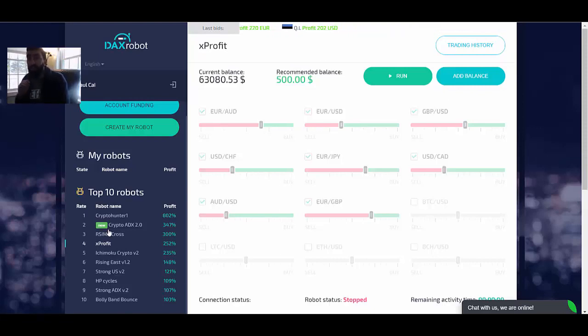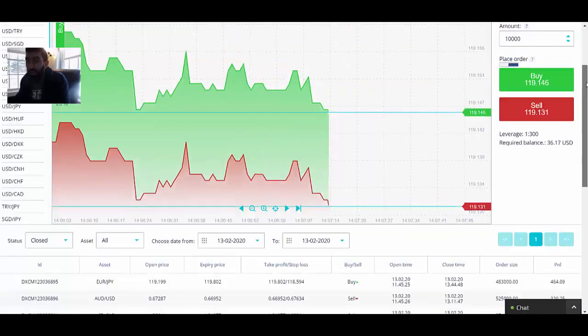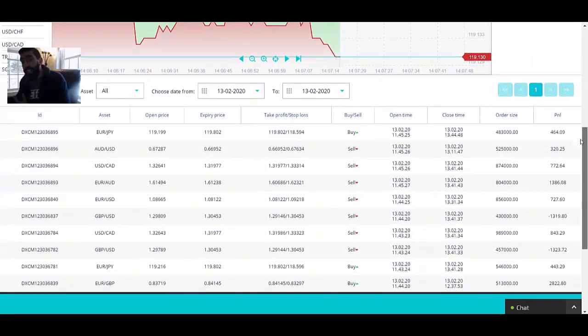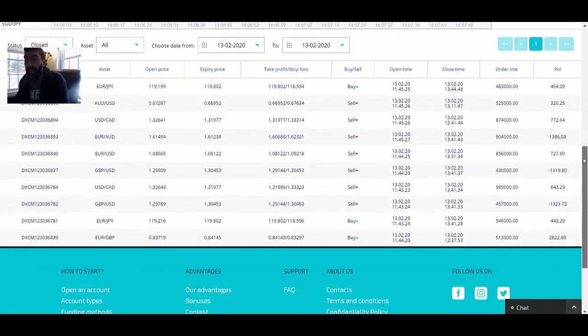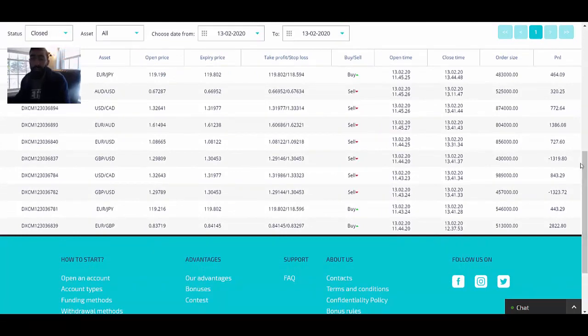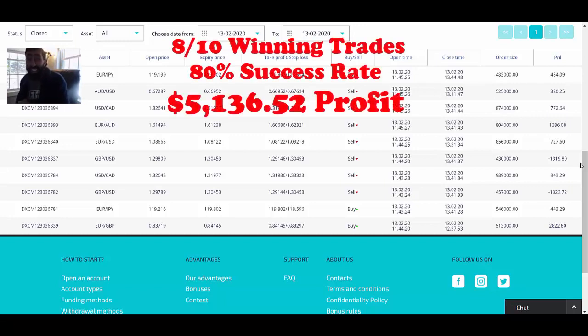So we're going to review and confirm the results through 2 different methods. We're first going to judge with our broker, and then we're also going to review the results in the trading history. And again, there is a benefit to doing it in this method, which we will go over as we reach this point. But first, if we go here to Dax Base, we did a total, well, technically the robots that we selected did a total of 10 trades. Now, as you can see here, guys, we have great performance. Out of the 10 trades, we only lost 2 of them. So we are looking at an 80% win to loss ratio, which of course is fantastic. So as a result, we are looking at a total equivalent profit of